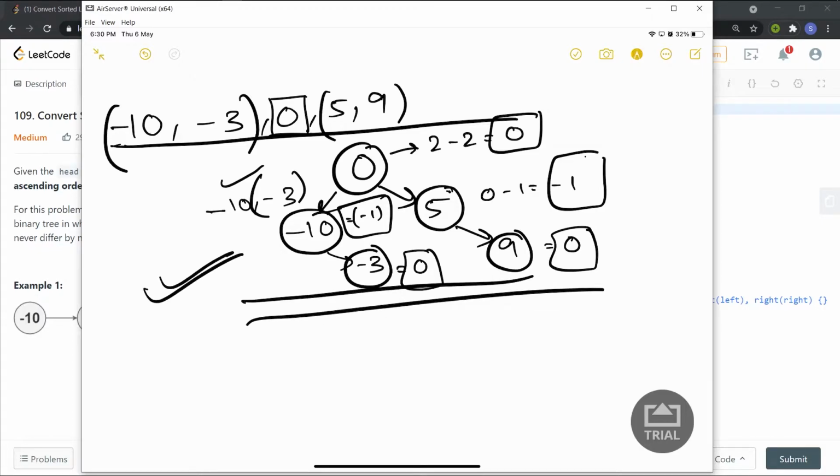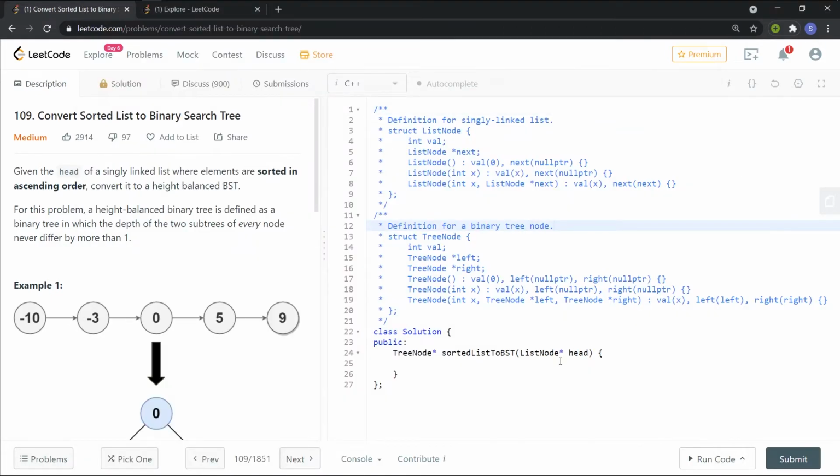So the main approach which I was using is that if you are given the left index and the right index, you find the mid of those indices, basically the median. You set that value as the root value, and then you recursively call the function for the left part of the series that hasn't been added, and for the right part of the series. So let's come to the coding part and see how to implement this.